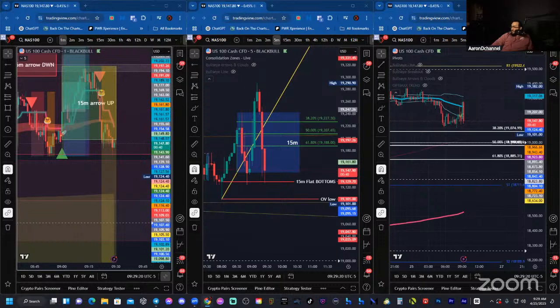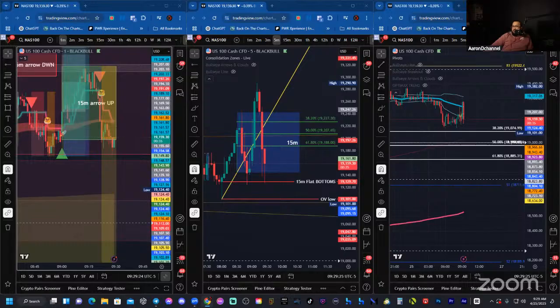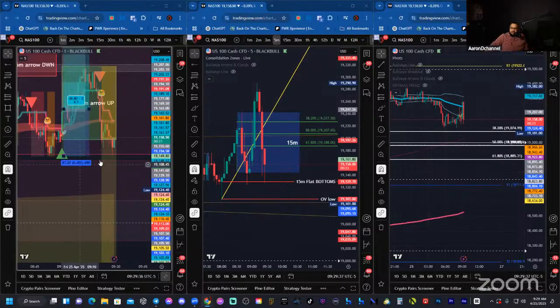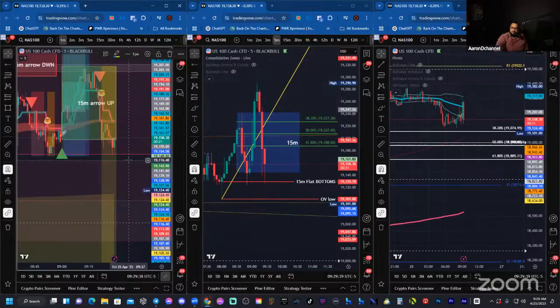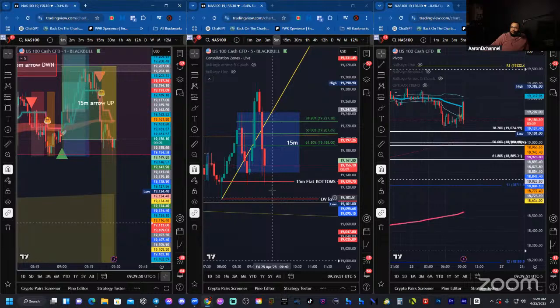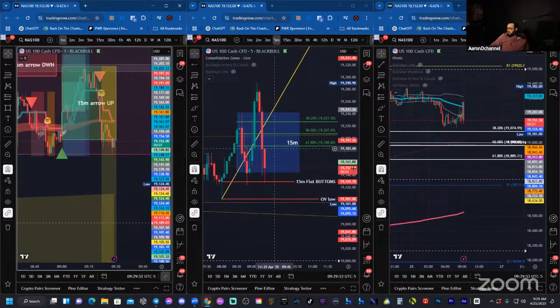Wow. I mean, yesterday's push-up just left so much room for this thing to go down and retest and retrace. So we shall see. The daily candle is red, so you can see this thing going. Let me take some of this stuff off of my chart because I have no idea what's about to happen. Kind of getting the same kind of reaction off of these 15-minute flat bottoms as we saw before. We got about 10 seconds left till the 5-minute candle closes back inside the 15-minute range.